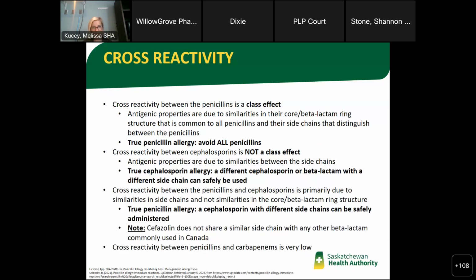So when we talk about cross-reactivity between beta-lactams, what do I mean by that? What I mean is that if a patient is reporting an allergy to penicillin, what are the chances of them reacting to other penicillins like amoxicillin or cloxacillin or piperacillin? That's what I mean by cross-reactivity. So specifically, cross-reactivity between penicillins is a class effect, meaning if a patient has a true penicillin allergy, we should be avoiding all penicillins within that group. And this is because the antigenic properties are due to similarities in that core beta-lactam ring structure along with the